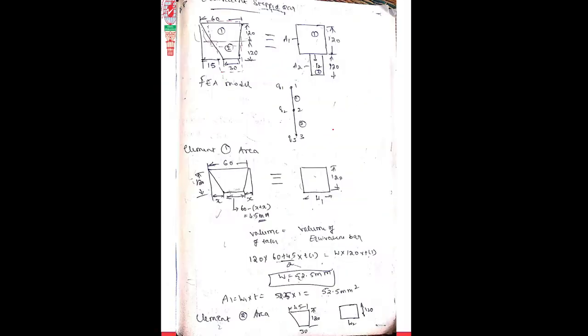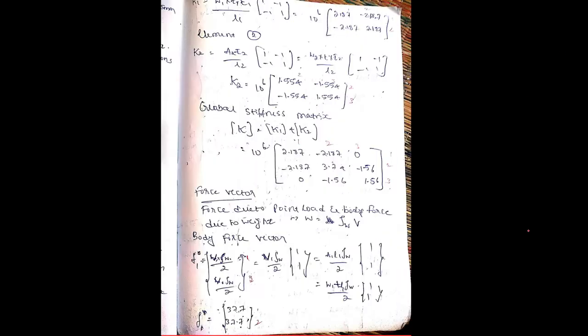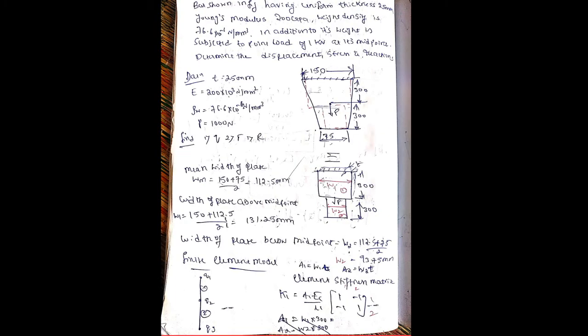Now, what is the first step you have to do? In the earlier problem, they gave the width. Here, they gave the area. That is the difference. Therefore, we need to find the mean area, just like the mean width at the middle. They gave the area across the sections. Here A1 is here, A2 is here. Therefore, (A1 plus A2) divided by 2 will give the average area, or mean area. You will get 2.5 centimeter square.